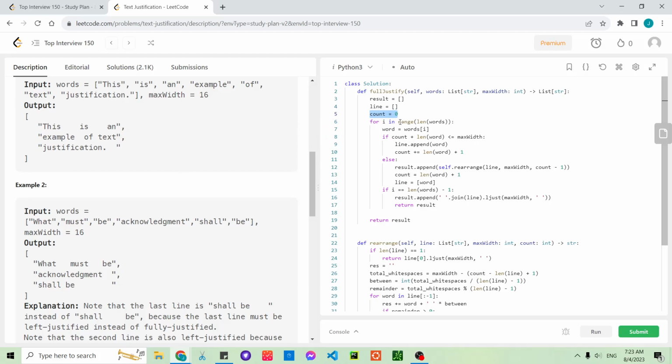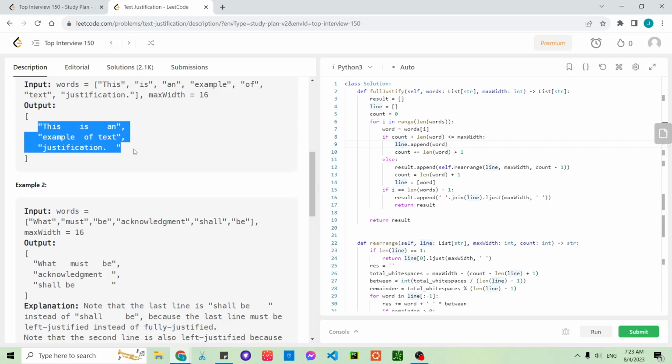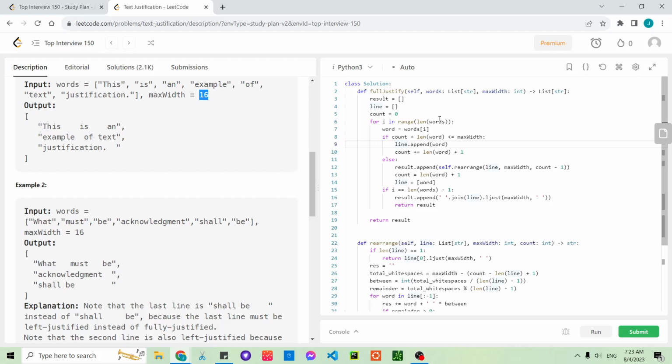Okay, so we wanna go over all the words, and we also need this index. So for i in range, first we get which word it is. Let's take the first one as an example. So first word is this. This has 4 characters, so count is starting from 0, then plus 4. That is not exceeding the max width of 16. So we are gonna put this word in the list. So we are storing all the words for each line, and then we're gonna rearrange that line separately. Okay, so we store this in this line list,